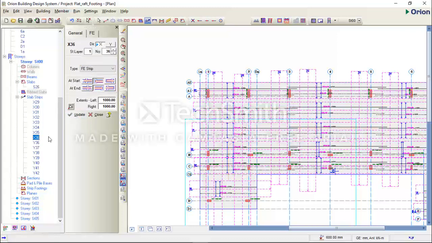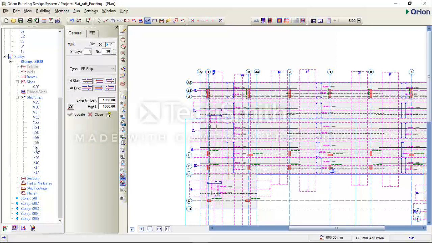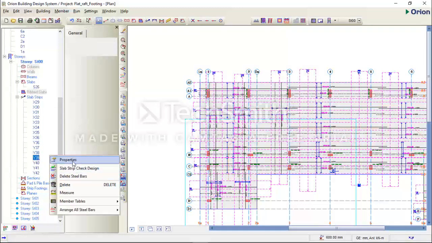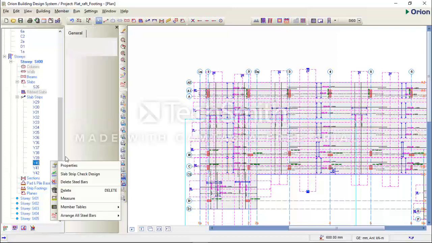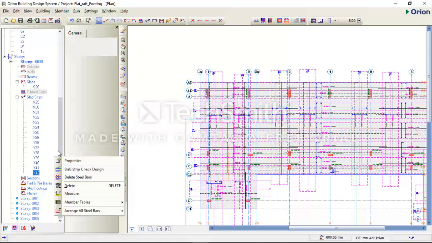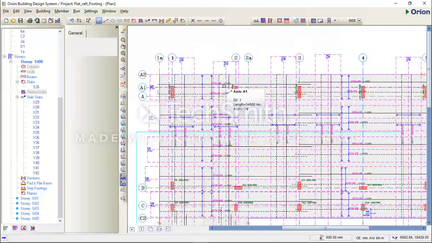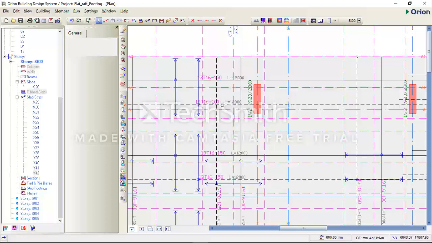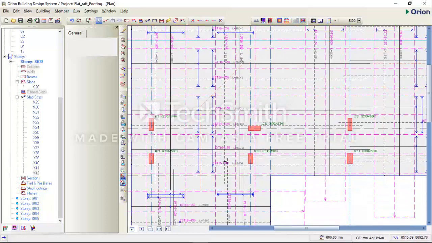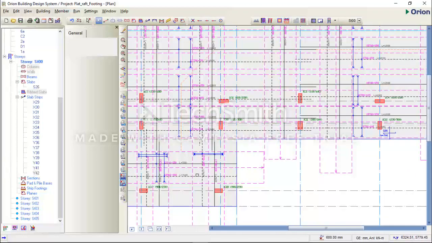Good. Selecting it, updates, updates. So if you check the detail, yeah, we have 16 mm at 150, 100, 150, 100, 150, 100.